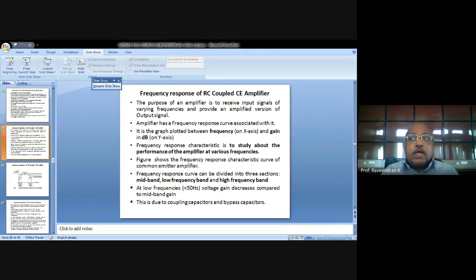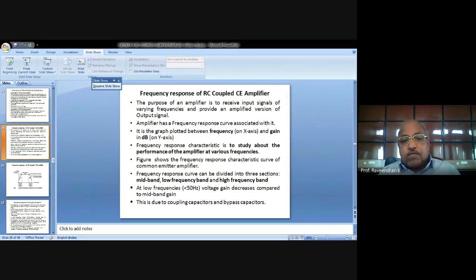What is the ideal value? The ideal value is actually between the mid-frequency band region, or the frequency of 50 hertz and 50 kilohertz, or 30 hertz and 30 kilohertz. Follow my point? So at low and high frequency ends, the gain deviates from the ideal characteristics, that is from the mid-band frequency range. The decrease in voltage gain with the frequency is called the roll-off or roll-off frequency. It is actually the roll-off.